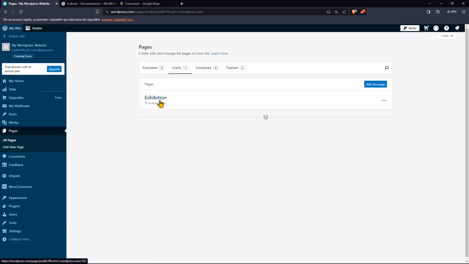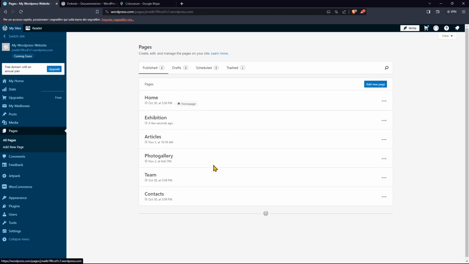So I can access it from here. I can also click here and trash it from here, or I can publish it. Okay. Now, one thing that I like when I create a page from here, so let's click here, for example,